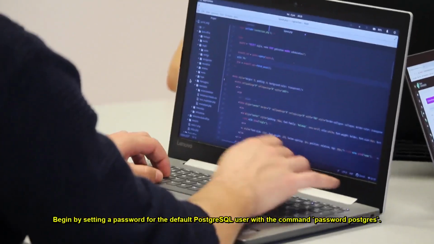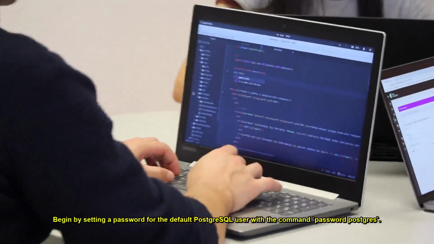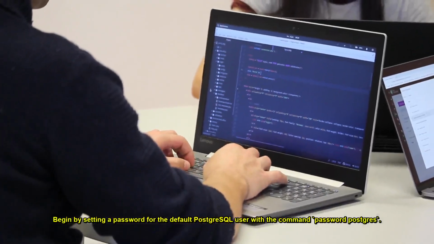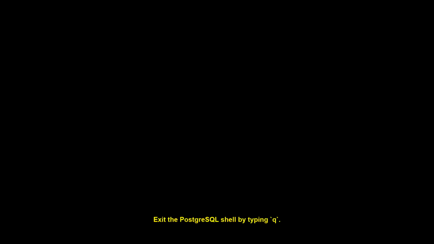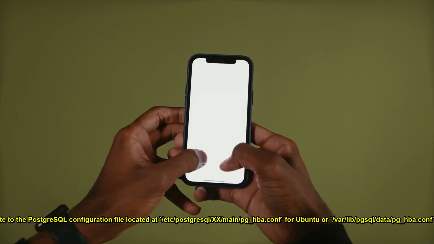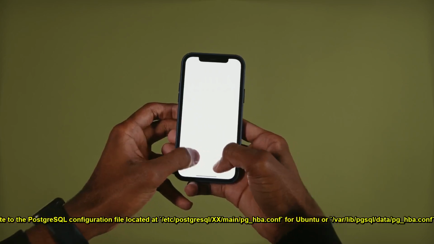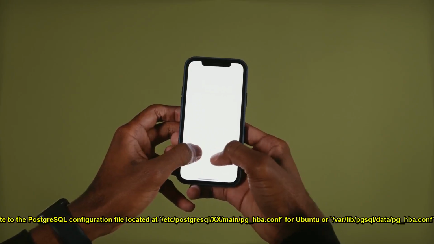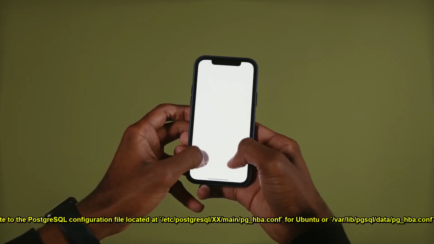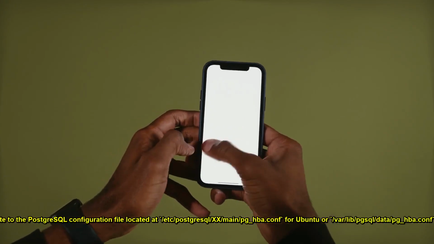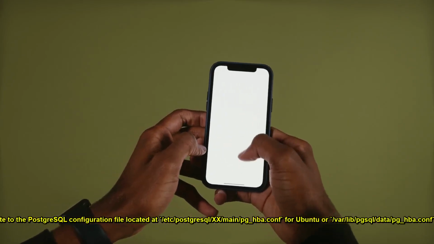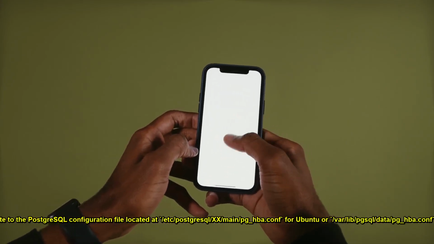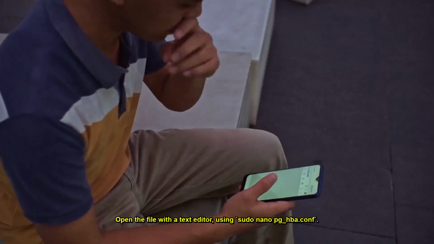Begin by setting a password for the default PostgreSQL user with the command \password postgres. Exit the PostgreSQL shell by typing \q. Next, navigate to the PostgreSQL configuration file located at /etc/postgresql/xx/main/pg_hba.conf for Ubuntu or /var/lib/pgsql/data/pg_hba.conf for CentOS. Open the file with a text editor using sudo nano